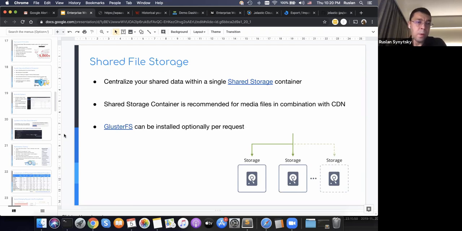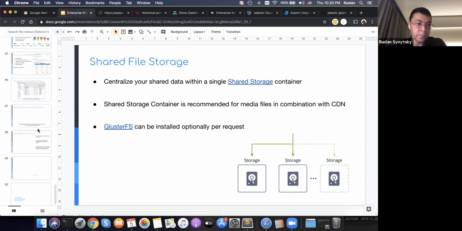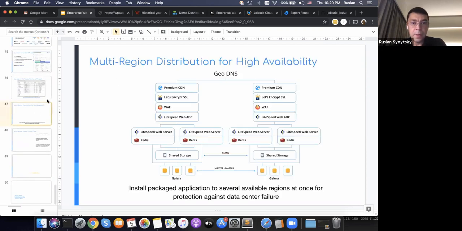Yeah, we are working on it. I had some additional slides for the end. We are working on a more advanced solution for geo-distributed availability. Let's say you set up a cluster in one region and set up a cluster in another region, and then interconnect these clusters between regions.